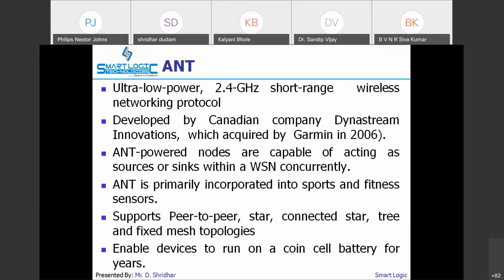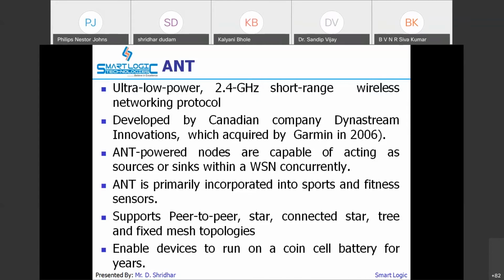ANT powered nodes are capable of acting as sources or sinks. That means it has two-way communication: it can either transmit or receive data. Source means transmit, and sink means receive. ANT is primarily incorporated into sports and fitness sensors.